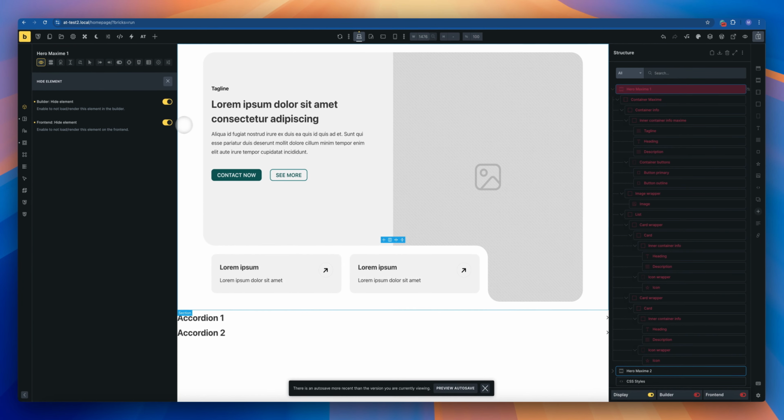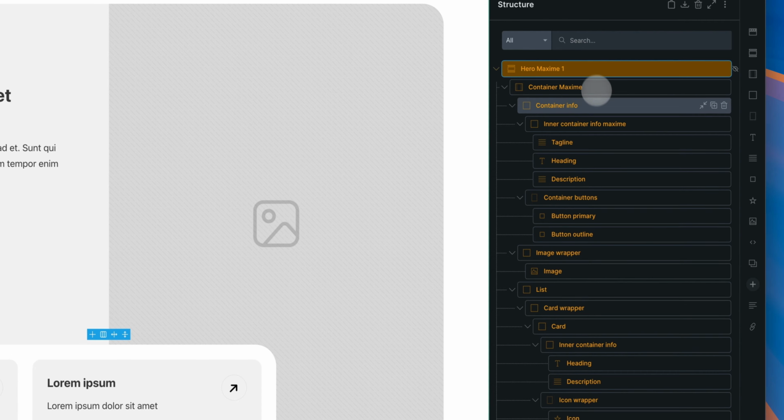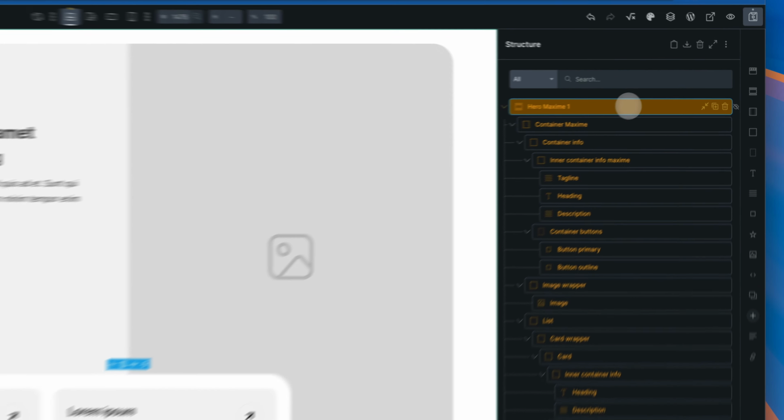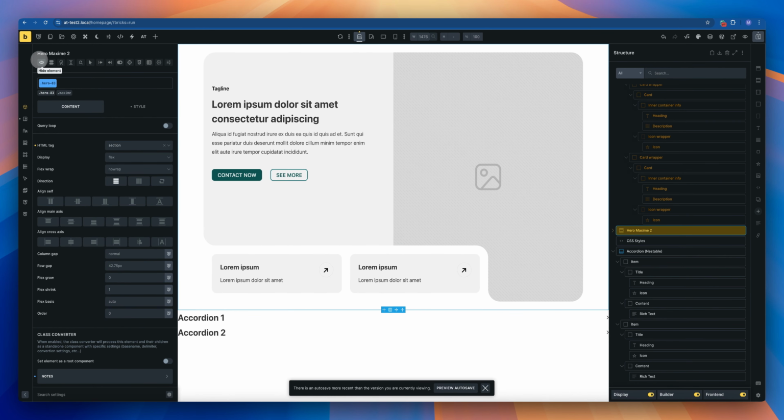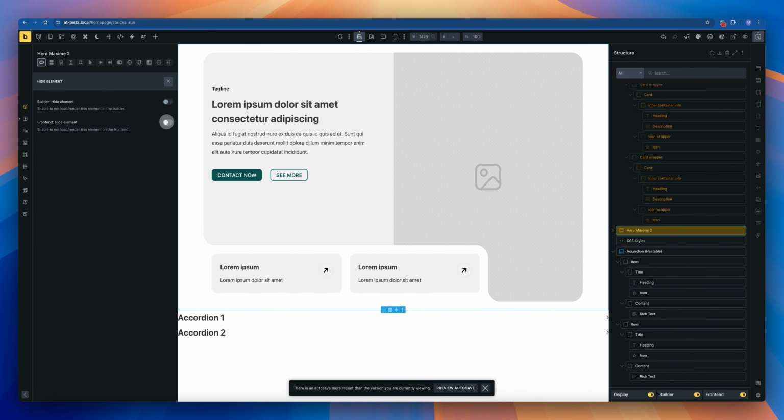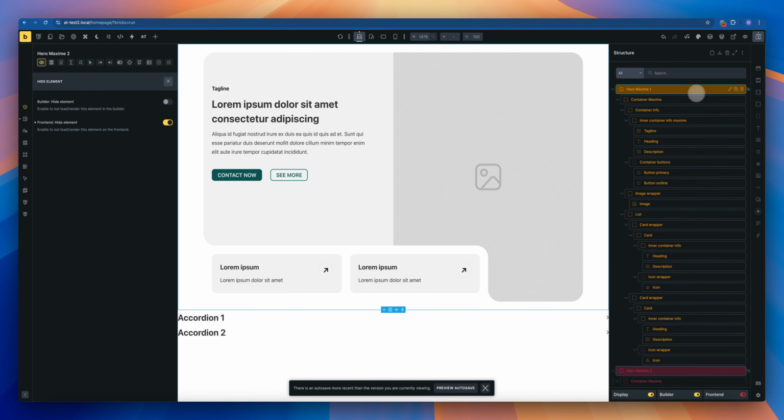And if I deselect this one, just the builder will show in orange. So let's keep this one on the builder and the other one on the front end. Let's expand all, and we clearly see that the first ones are hidden inside the builder